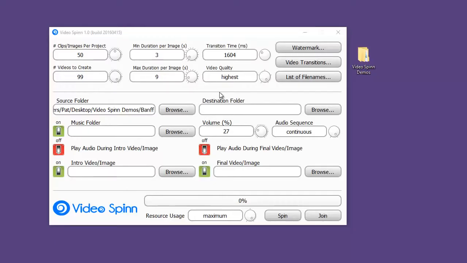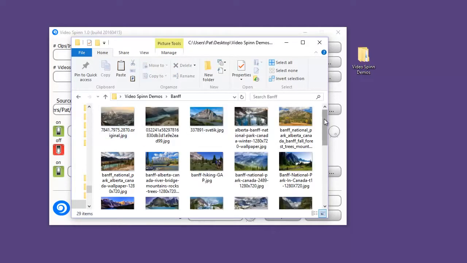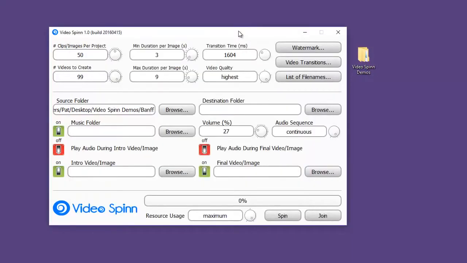So I'm going to, let's see, I have a demo folder here with some content. My girlfriend is from Alberta, and the last time we were up there we went to Banff National Park. It was a beautiful place. So I've got like 29 pictures of Banff here, and we're going to create something that either a brick and mortar or an online travel agent would want to use to create some videos to get onto YouTube and get some Google search results. So the first thing we want to do here is we want to connect up our